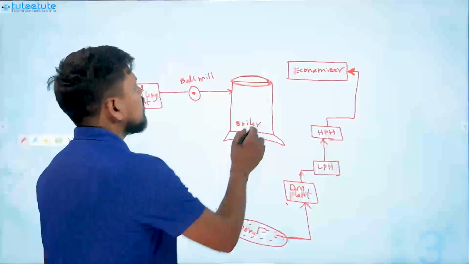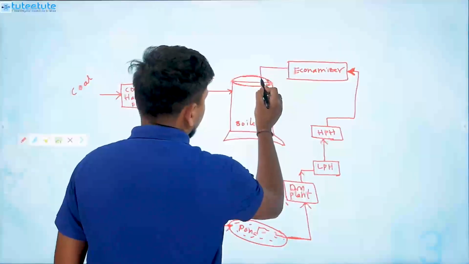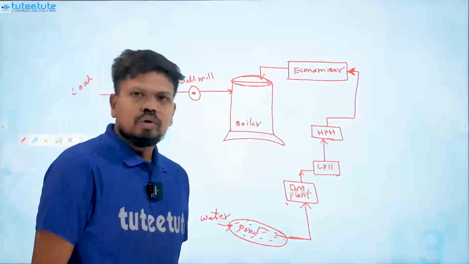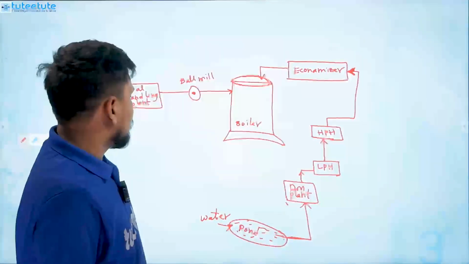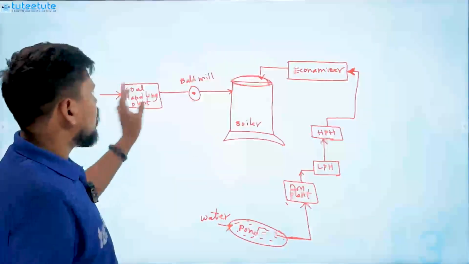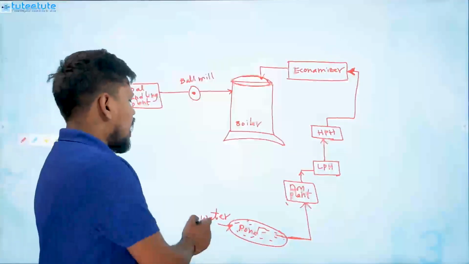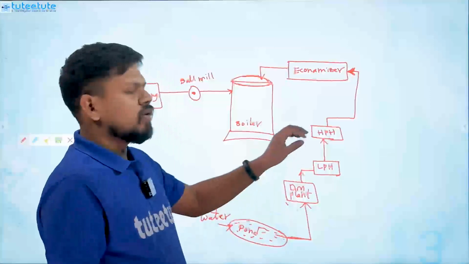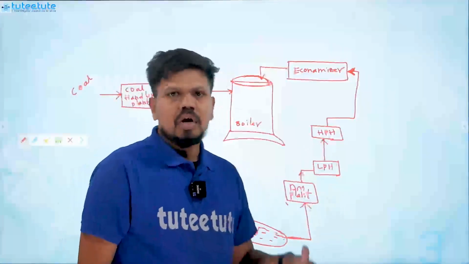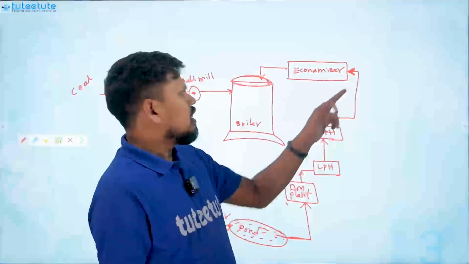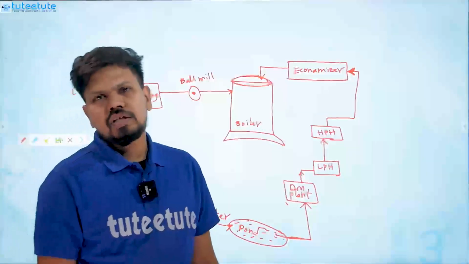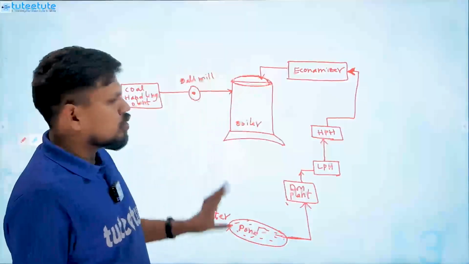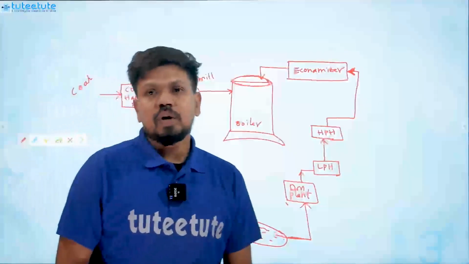Now you are sending that hot water into this boiler. Again, you can understand, right? Two inputs we have taken. One is the water, another one is coal. Coal we are directly taking here, and water we are sending after demineralizing it. After that we increased the heat at low pressure and at high pressure, and then through the economizer we are sending it in. So we are taking two inputs, but for good combustion,